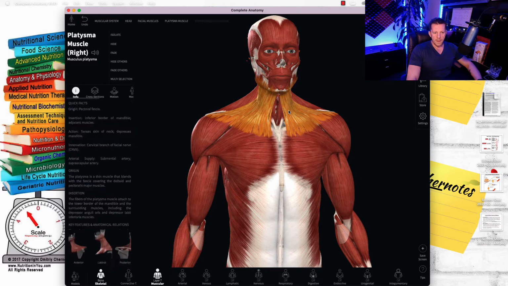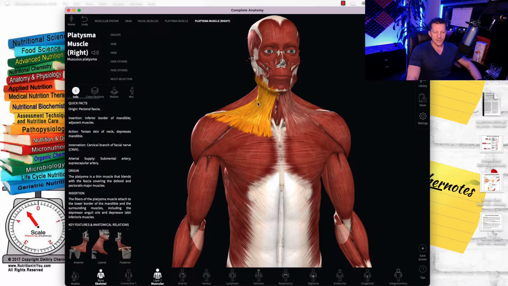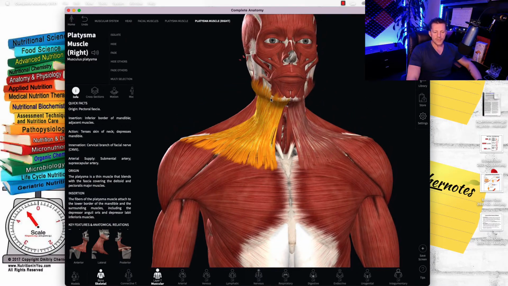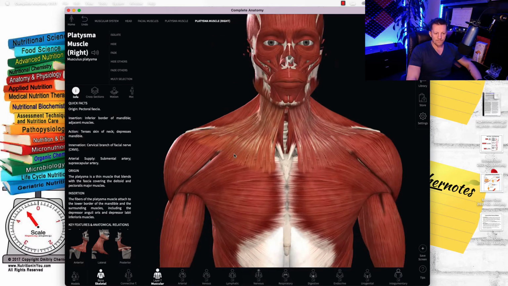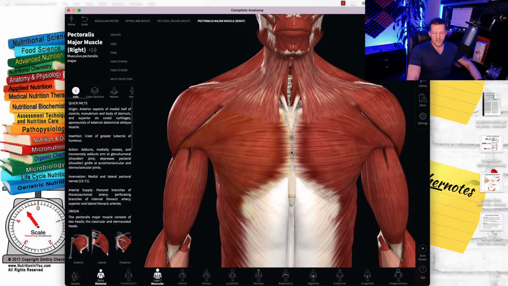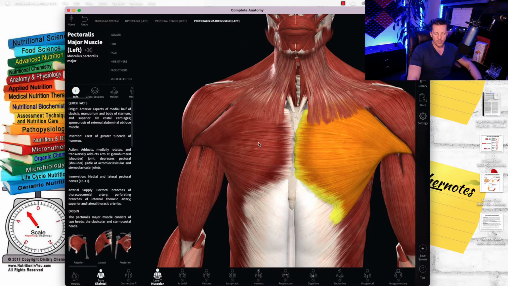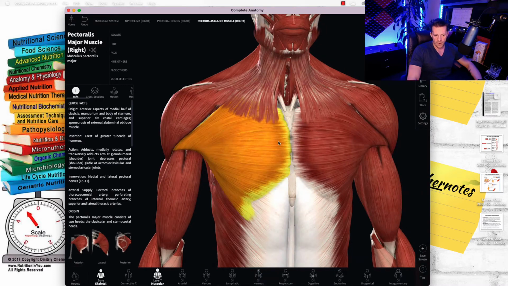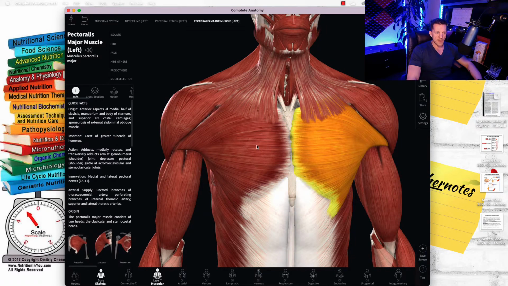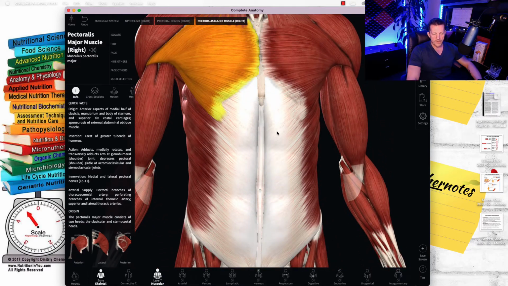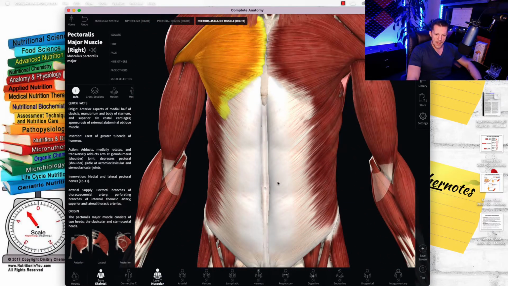So this big muscle that connects the upper thorax to the chin, to the mandible, is the platysma muscle. The muscles of the upper chest, or the thorax, are the Pectoralis Major. The two very distinguished muscles of the upper thorax are the Pectoralis Major muscles, the muscles of your chest. So the muscles of the lower abdomen are